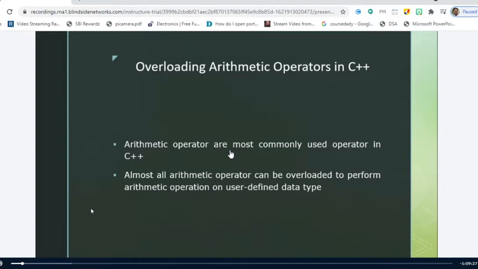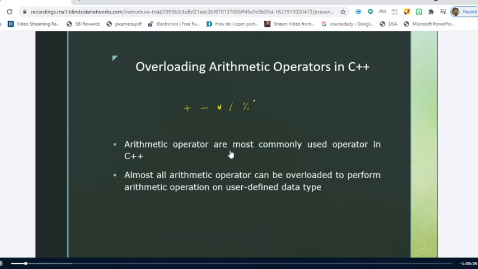Let us start our discussion on overloading of arithmetic operators. What are the various arithmetic operators we have in C? Plus, minus, multiplication, division, and modulus. These are the 5 symbols used for performing arithmetic operations on built-in data types.